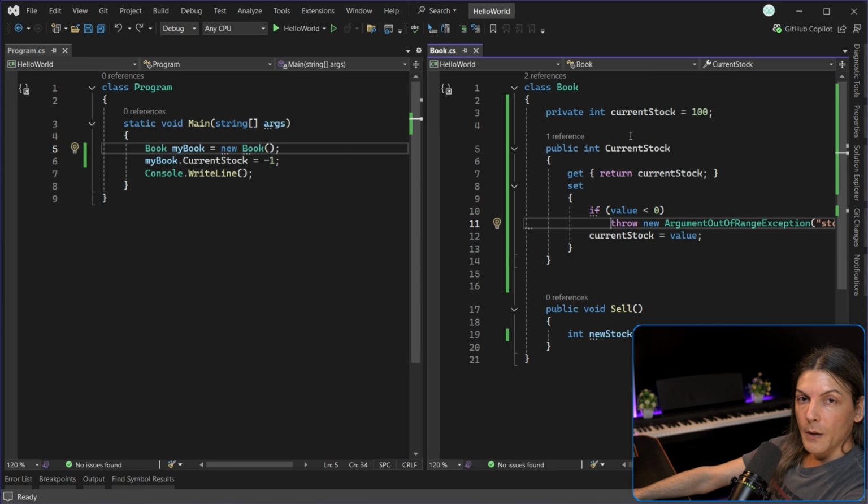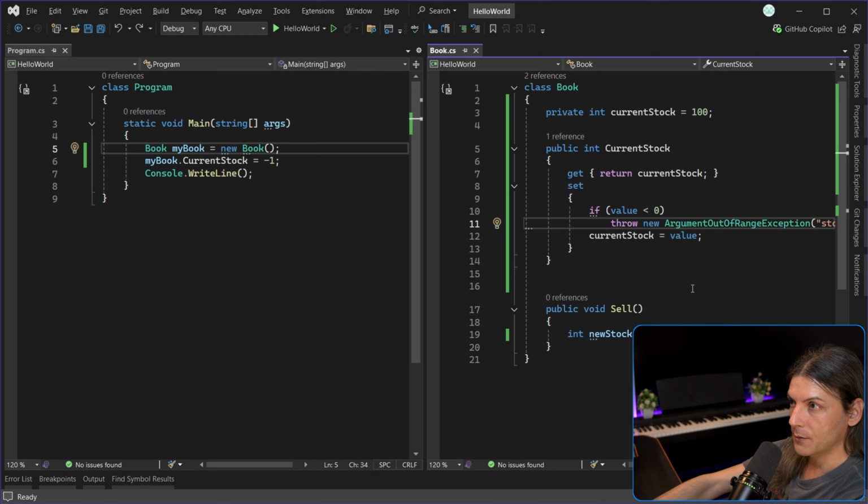So the consensus among programmers is that fields should always be private, and if you need to expose them outside the class they live in, you should make a property for that. But you have to admit, this is a bit verbose. I mean, if you have to do this for every single field, that's a bit much, so we can do better. First, let's declare another property,